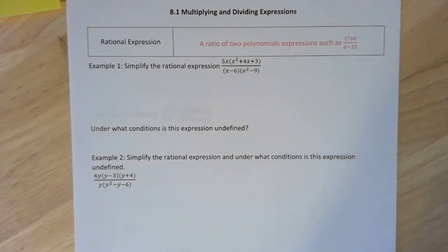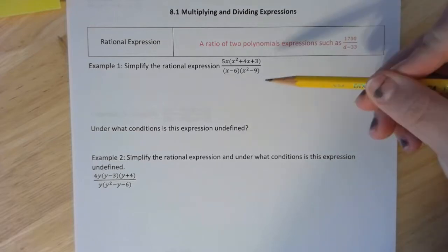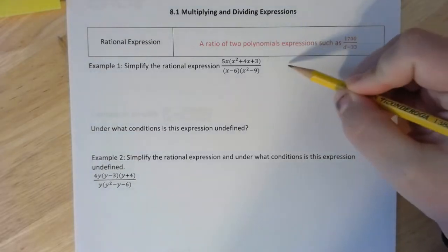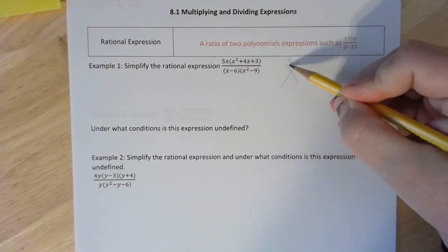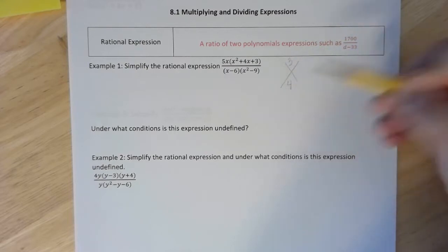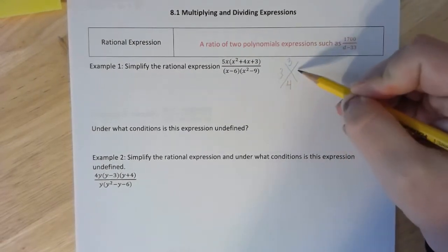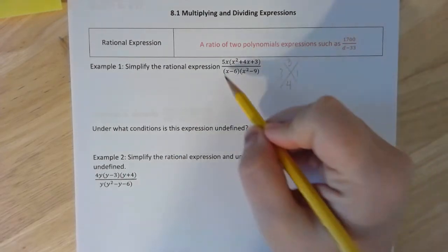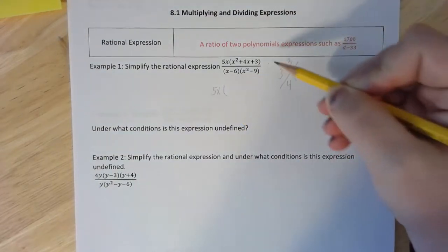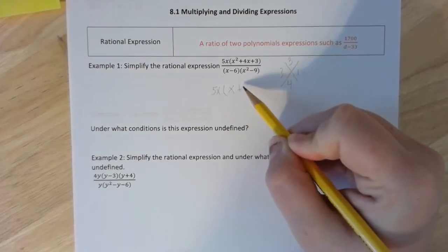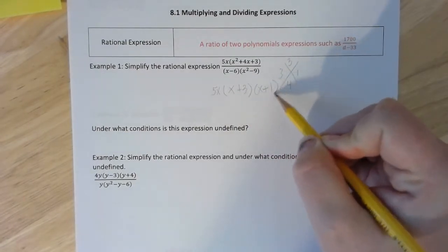What you have to do is break it down to its simplest form and factor everything to make sure it's simplified, because we're trying to get things to cancel out. So if I want to do the top, you need to factor the top. Factoring the top, I want it to multiply to be a 3 and add to a 4. My options are 3 and 1. So to rewrite the top, my 5x, there's nothing I can do with. My new breakdown of this statement is going to be x plus 3, x plus 1, and then I have